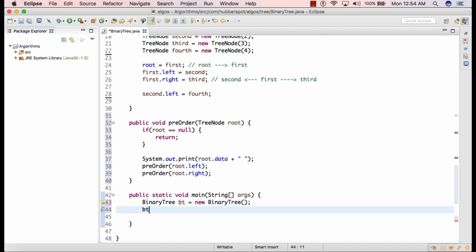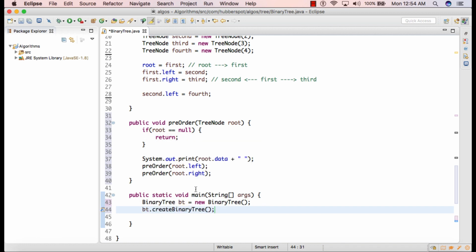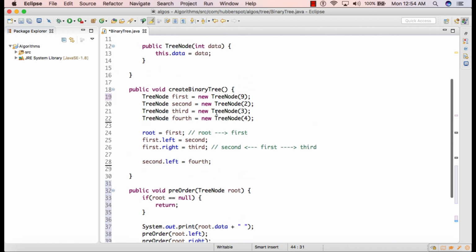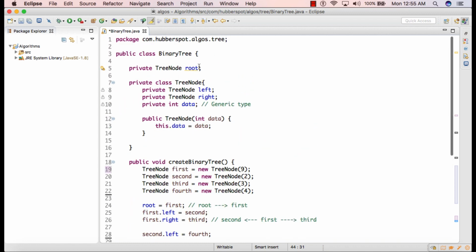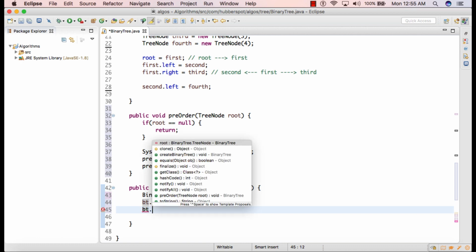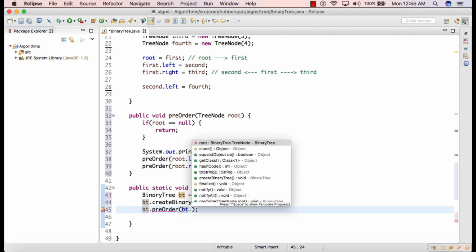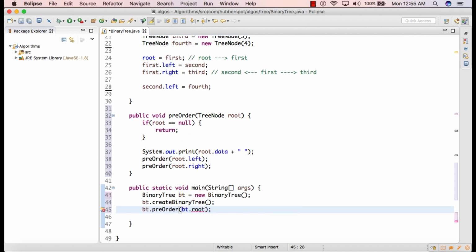And then we'll simply call createBinaryTree. Once we call this, the binary tree will be created and the root will hold the actual binary tree for us. And then we'll simply call preOrder and pass the root of the binary tree.